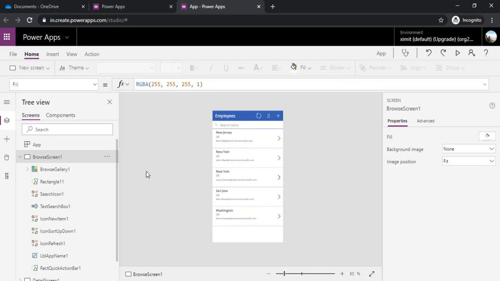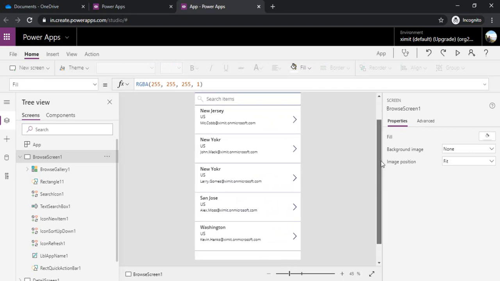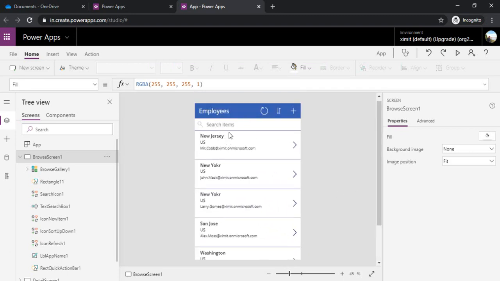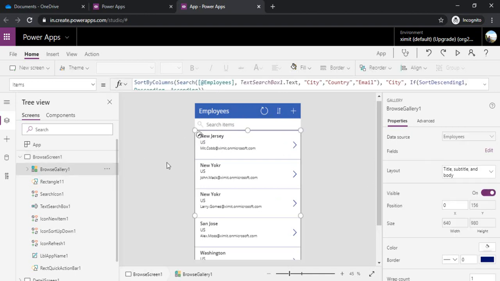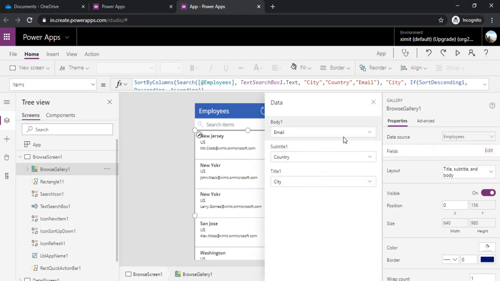Now you can see I've already got one gallery where it has automatically bound a few things. If I select that browse gallery on the left hand side, it will give me the selected control. But the fields being shown are not what I require or would like to show. So how can I change the layout of these fields, the title and the fields being displayed? Just select that gallery title and click on fields. It will give you the fields which are coming there.